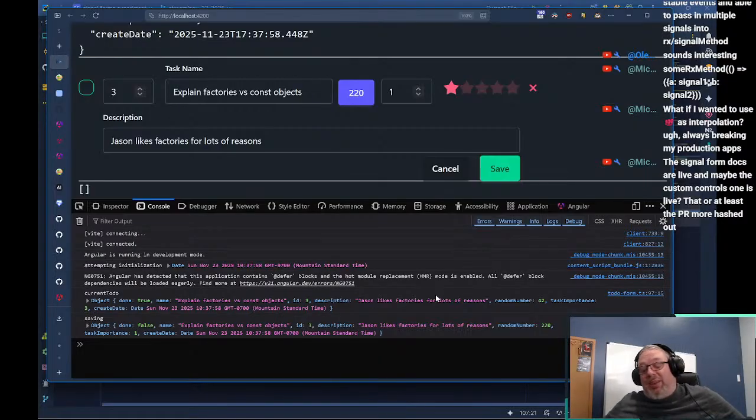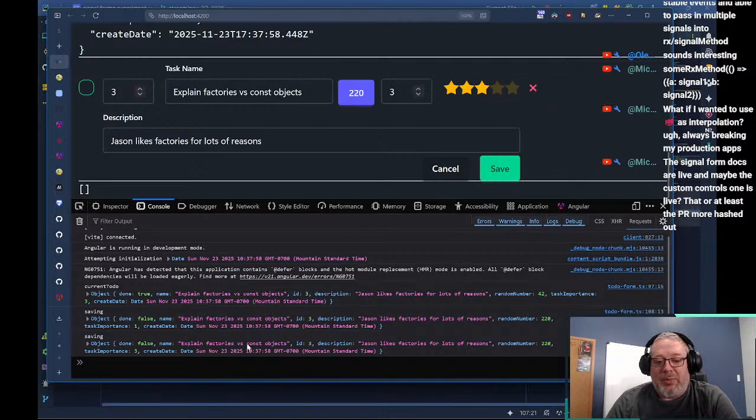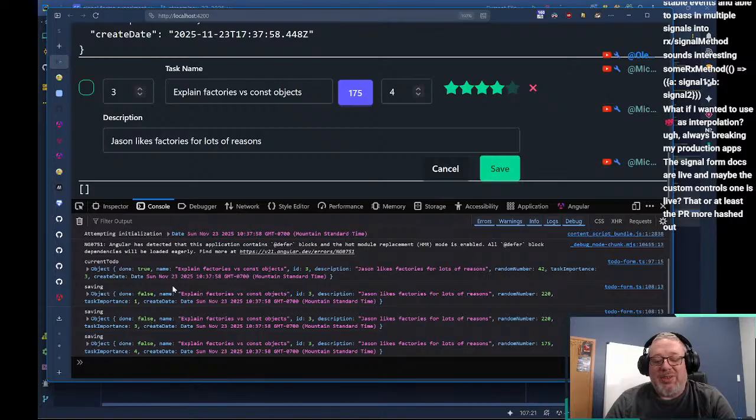The interesting thing about this, and this is something that's really powerful about this form, is that this object is decoupled from the underlying selected to do.